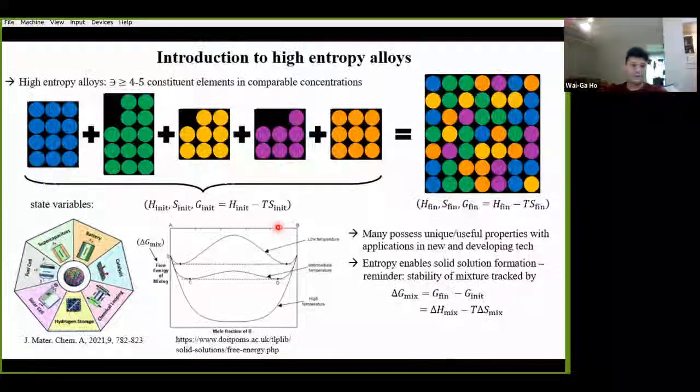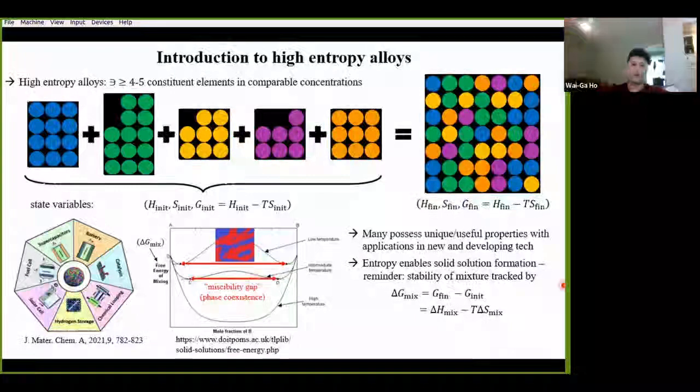So while we're here, something I also want to point out is that, going back to this particular binary example, we do see here that they included this camel hump feature, which develops as the enthalpy delta H mix starts to play a bigger role at intermediate and lower temperatures. So notice that this hump sits right between these two free energy minima here at intermediate temperatures. And then across this region, we have the so-called miscibility gap, where the solid solution can dissociate into two stable phases corresponding to these two free energy minima.